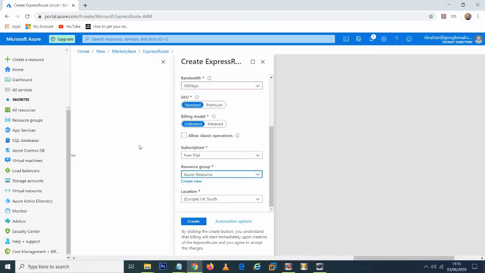I'm going to keep the SKU standard, and I'm going to keep the billing model unlimited, and then I'm going to select the resource group which I have created previously, and then you select a region and then just create that, and then it should